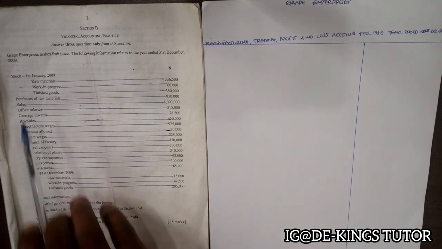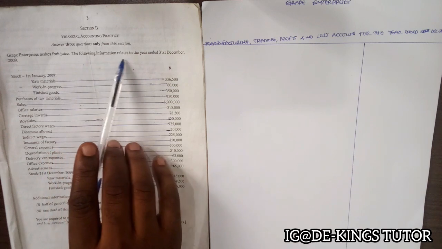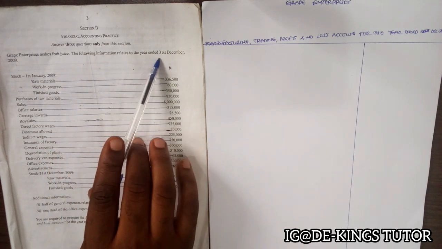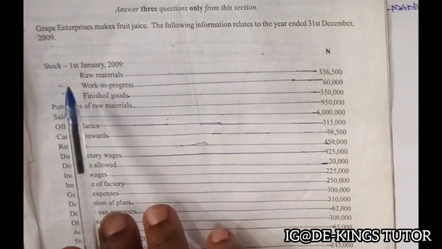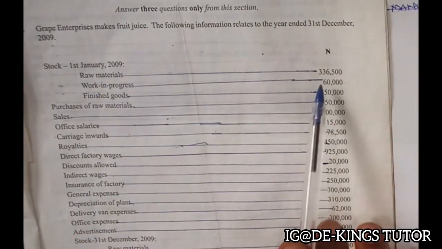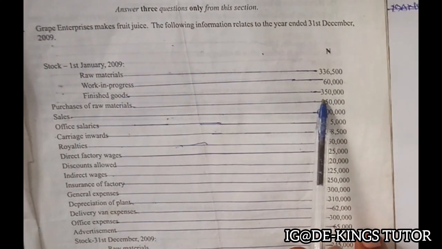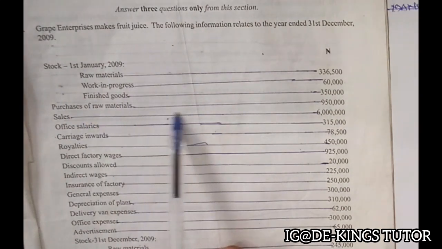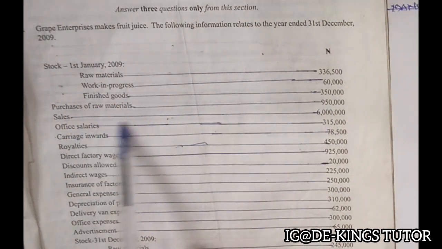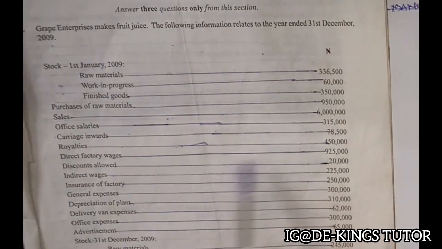Now, this question said, Grape Enterprises makes fruit juice. The following information relates to the year ended 31st December 2009. And we have stock 1st January 2009, raw materials 336,500. We have work in progress 60,000, finished goods 350,000, purchase of raw materials 950,000, sales 6 million, office salaries 315,000,